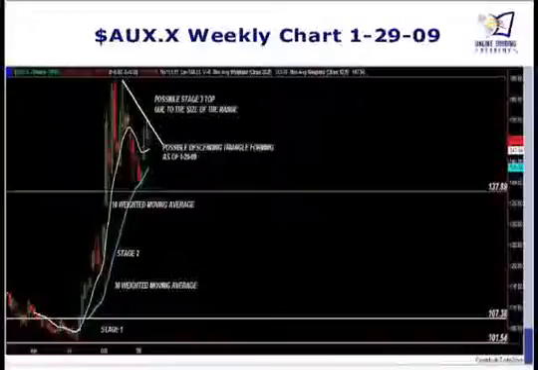Well, here we fast forward to 129 now, and we're still inside this range. But I want you to notice that we've extended the bottom of the range down to 138 from 142, but we never were able to make a new high. And now we were starting to form a pattern called possibly a descending triangle at this point at the end of